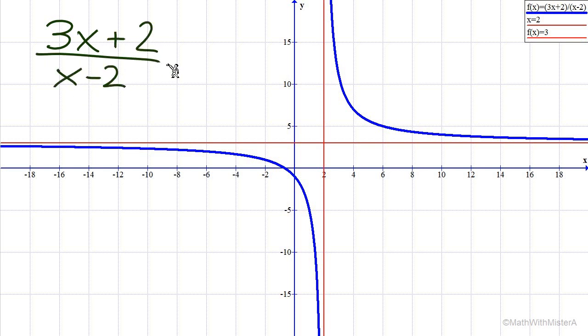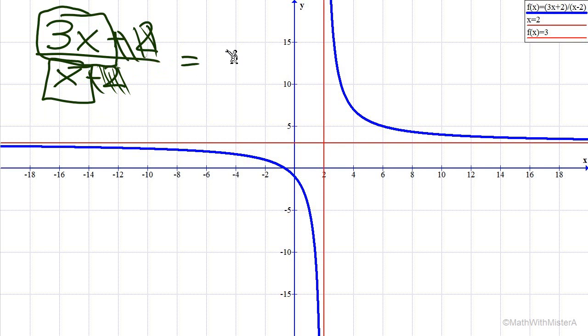The function 3x plus 2 over x minus 2. We're thinking about x values very large, so we ignore any term that is not a high degree. In this case, the highest exponent we see is 1, so we can ignore the constants, but we have to deal with a 3x in the numerator with an x in the denominator. 3x over x, well, if we simplify that, we're looking at 3. There's our horizontal asymptote